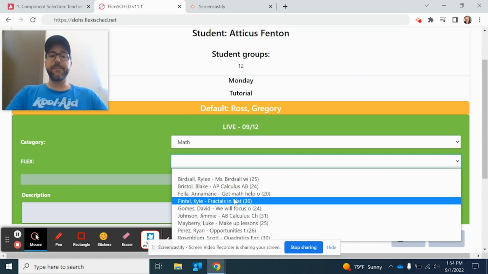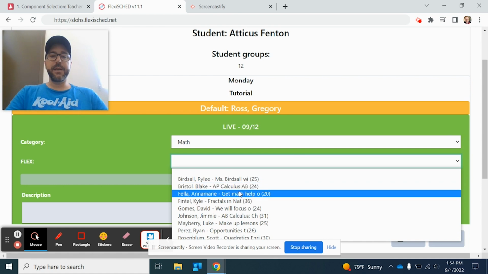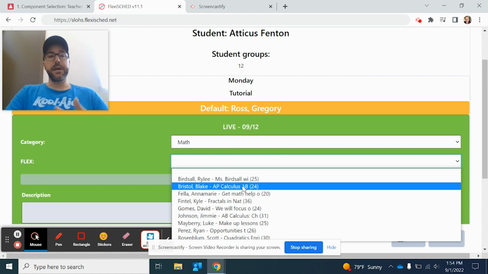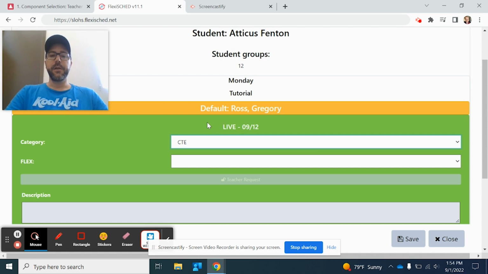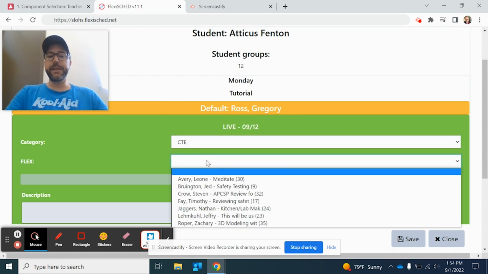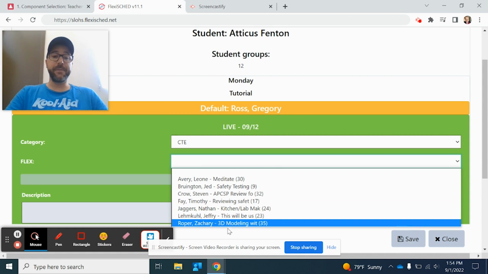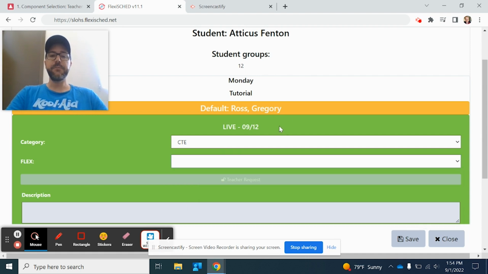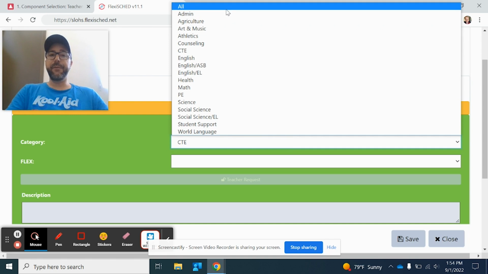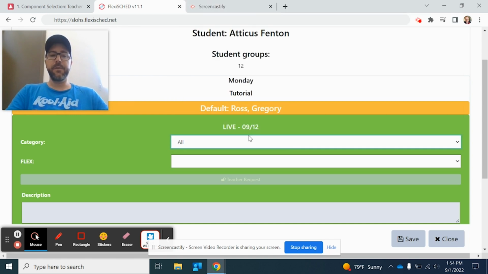Okay, so if I know I have Mr. Bristol and I can see that he's doing an AP calculus session, I could jump into that session, say, I know I need that help in that area, I'm going to go to that one. Or maybe you're looking for a CTE session. You can click CTE and you can see what each of the CTE teachers is doing. I happen to be running a workshop on 3D modeling, so that'll be in there. Okay, or some kitchen makeups and lab makeups with Chef Jaggers. So if you already know there's one subject area that you need help with, this would be the place to go, okay? If you just want to see everything that's on offer, go ahead and click all,